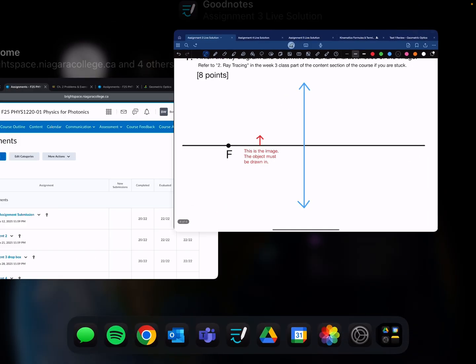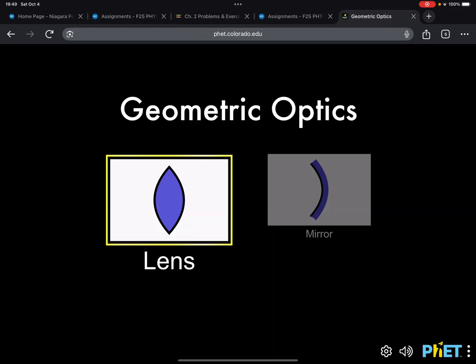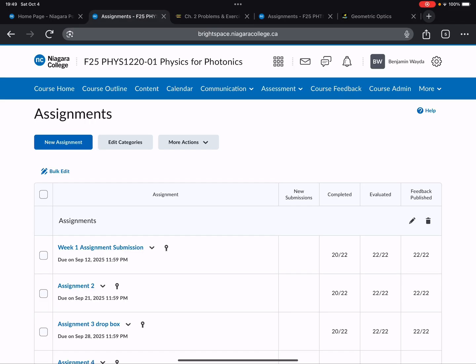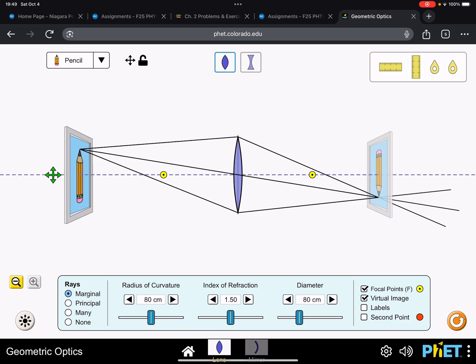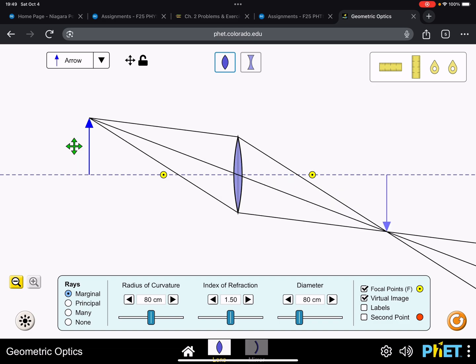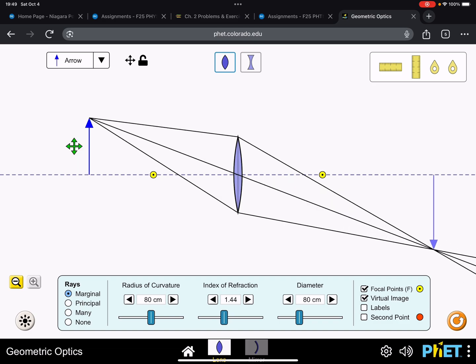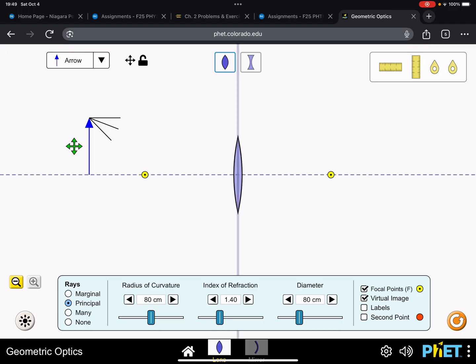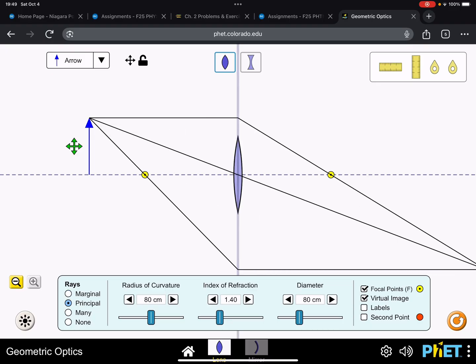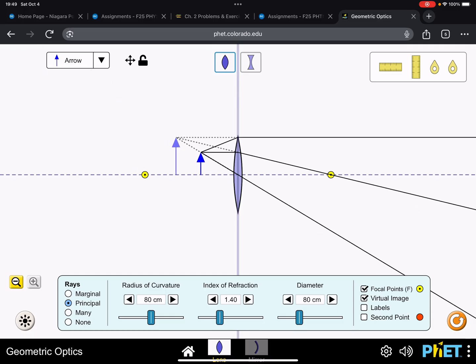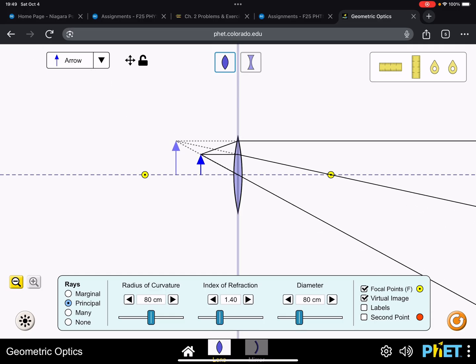take a look at what I already had over here. Geometric optics on PHET. Let's switch this down to there. Perfect. Now this is just like our setup. And you can see that our image on the left, the tall one, can be created by an object by a converging lens within the focal point. So if I head back,